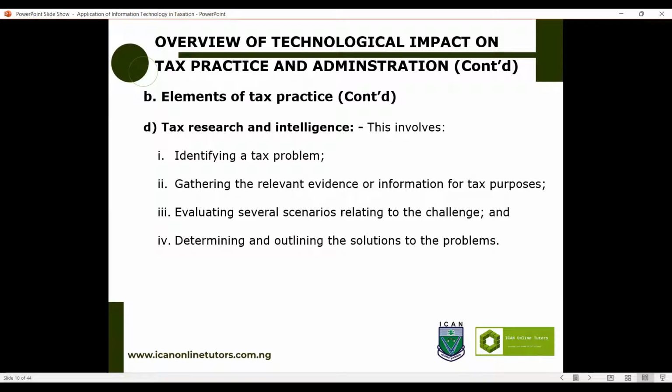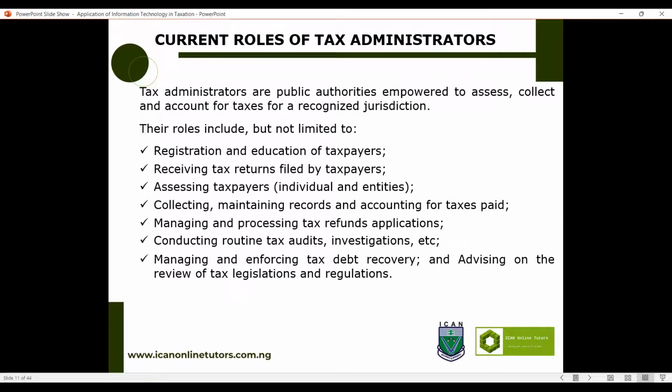Okay. Now, let's look at the current roles of tax administrators. We have discussed that of the tax practitioners. For tax administrators, we all know that they are public authorities empowered to assess, collect, and account for taxes for a recognized jurisdiction. We have the federal government jurisdiction, the state government jurisdiction, as well as the local government jurisdiction. At the federal level, we have the Federal Inland Revenue Service, at the state level, the State Internal Revenue Service, and at the local government level, we have the local government revenue mobilization